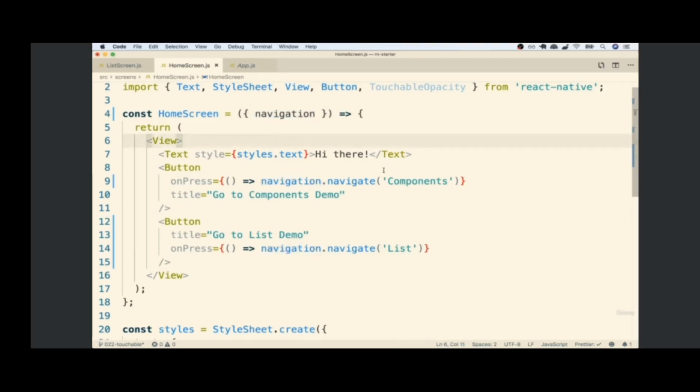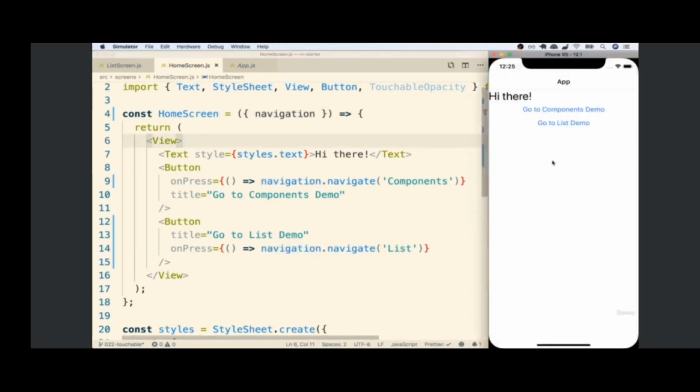Okay, so I'll save this again just to make sure everything works. And yep, still looks good. Okay, so this is fantastic. Let's take a quick pause right here and move on to the next